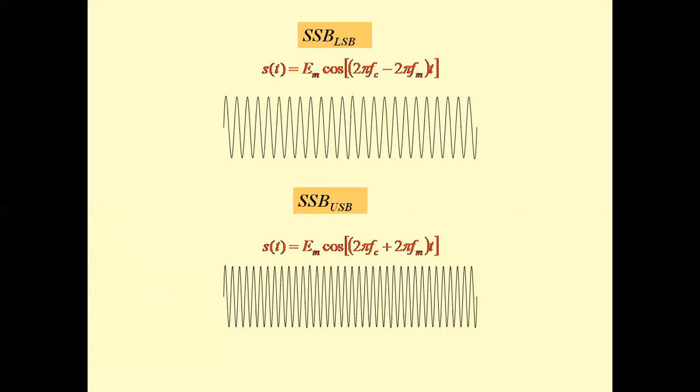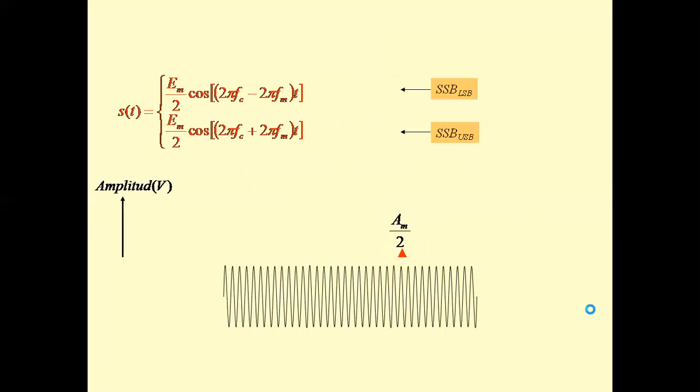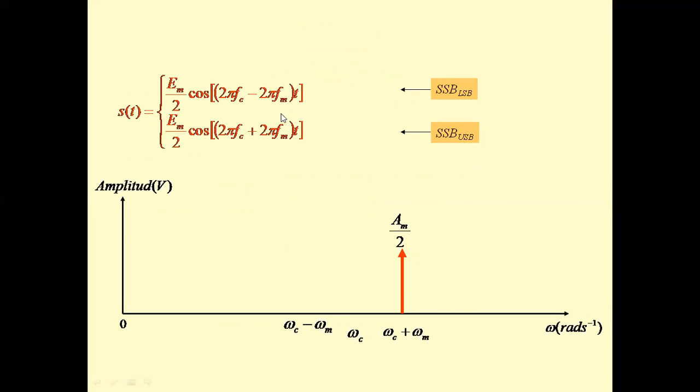So what we have studied so far: suppressing the carrier results in DSBSC, and suppressing the carrier and one of the sidebands results in SSB modulation schemes. Let us draw the frequency spectrum of SSB. There are two frequency components in the DSBSC. One is FC minus FM, the other one is FC plus FM. If you take the upper sideband frequency FC plus FM, this is the frequency spectrum of SSB.